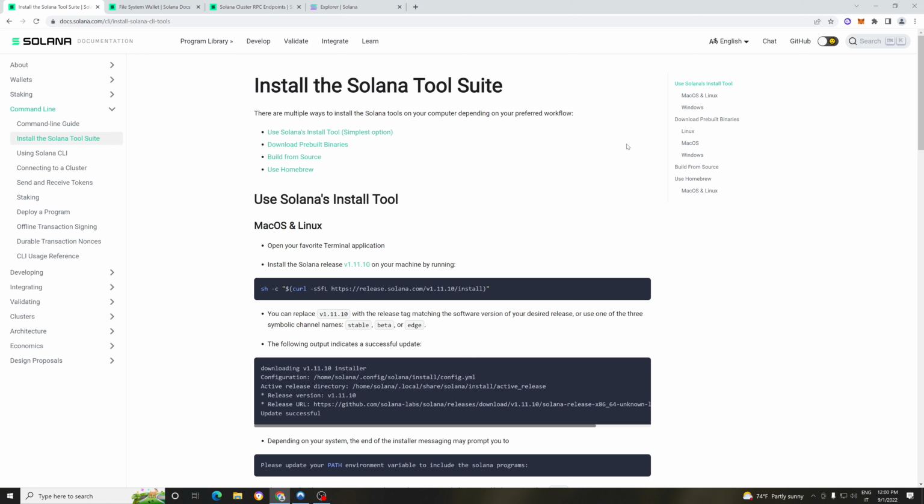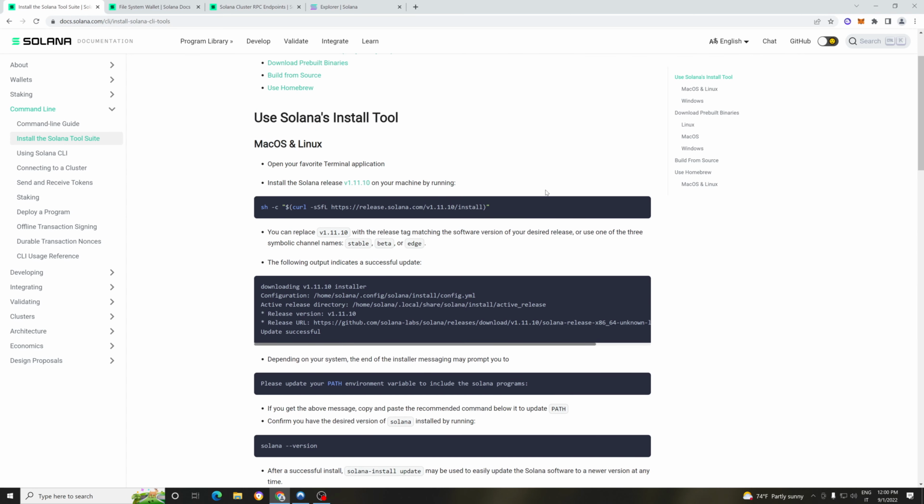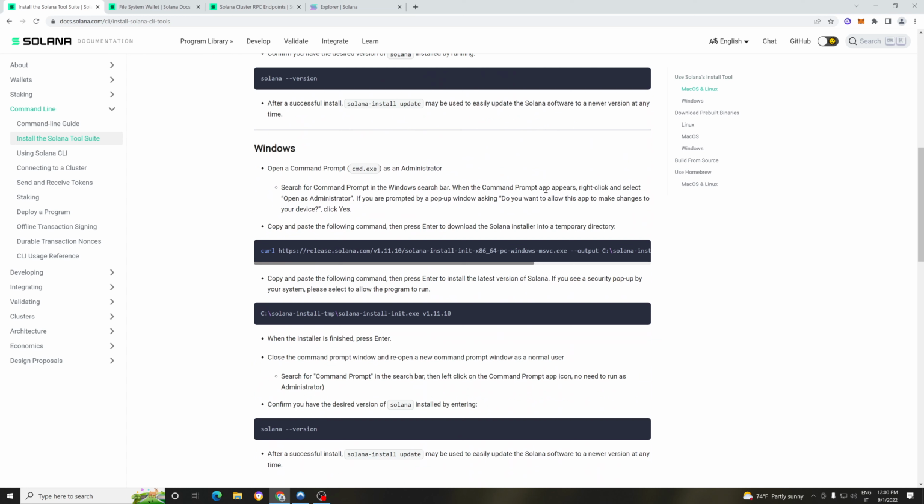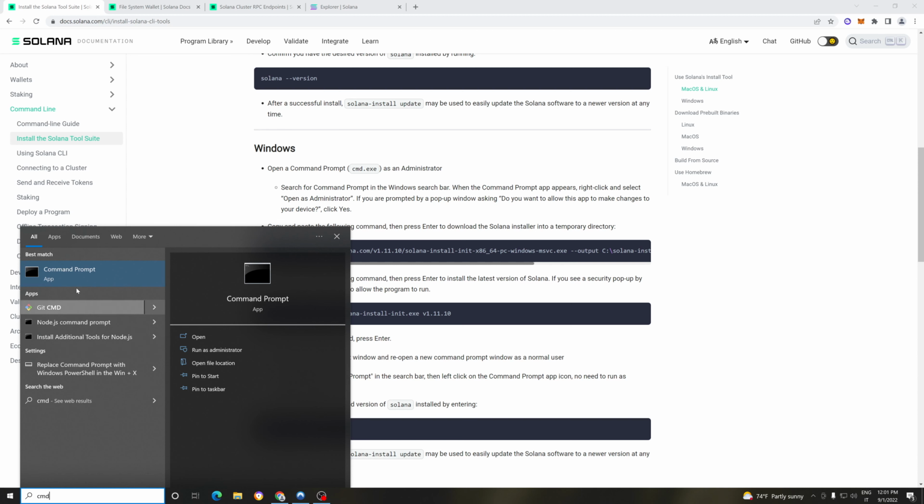Okay, so to install the Solana CLI, we need to go to the Solana docs webpage. Here we can find all the instructions to install the CLI on different systems. Today we will use Windows, so we scroll down and here we can find the two commands needed to install the CLI. We copy the first command, we open a command prompt as administrator,